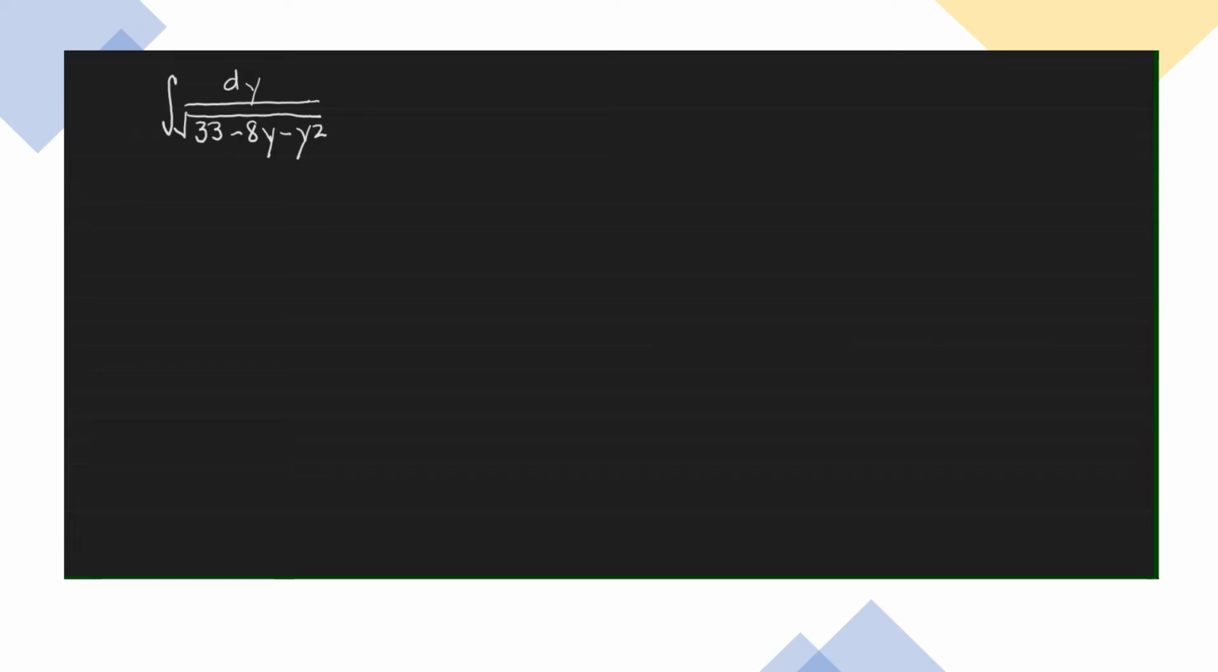We want to evaluate the integral of dy over the square root of 33 minus 8y minus y squared. So we are going to apply the substitution rule for leading to inverse trigonometric functions, but we need to perform completing the squares for this particular example. So to do that,